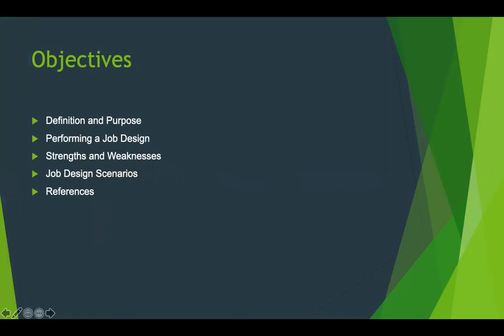Some objectives for today's video are to define and discuss the purpose of the job design intervention. Then we'll talk about what goes into the job design process, or better yet, how to perform a job design. Keep in mind that this discussion is from the perspective of an organization development practitioner, not an employee. Next on the agenda, we'll touch on some of job design's strengths and weaknesses, because with any good, there are